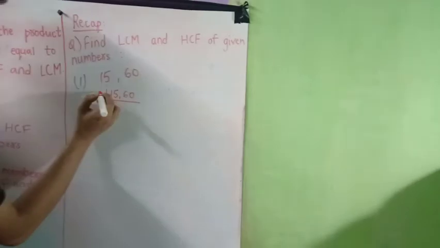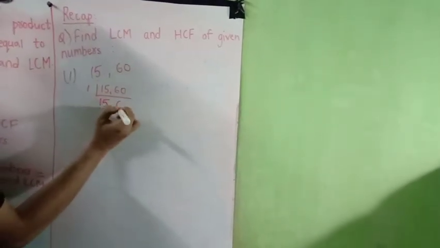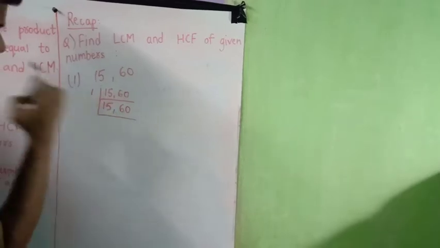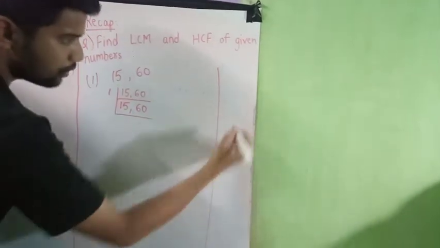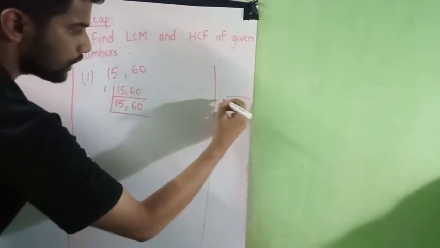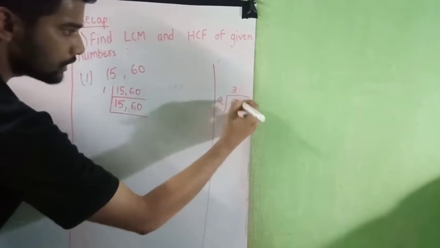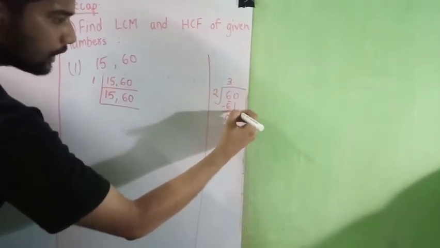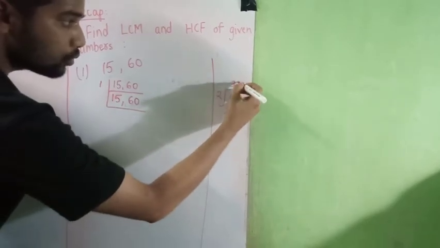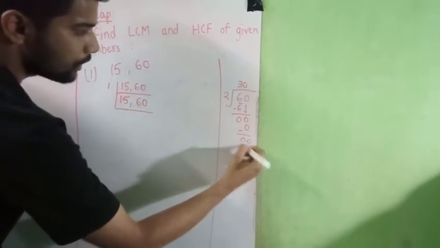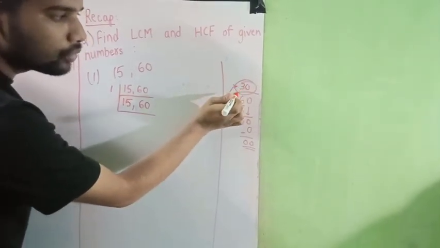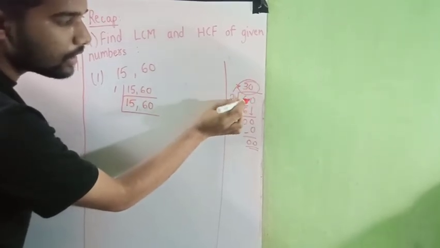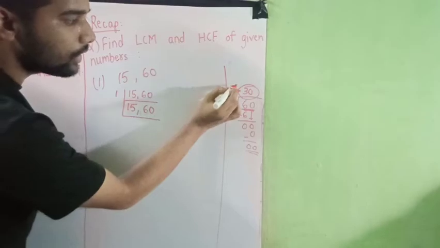Alright, now 15 and 60, right? So always start with 1, 1 15s are 15 and 1 60s are 60. Now check with 2. 2 के टेबल में 15 will not come. 60, I don't know, do your working note. 2 के टेबल में 60 आएगा. 2 के टेबल में 6, yes. 2 3s are 6. 0 बच गया. Take this 0 down. 2 के टेबल में 0, 2 zeros are 0, and we can write down this number directly here. मतलब 2 multiply by 30 will give you 60.